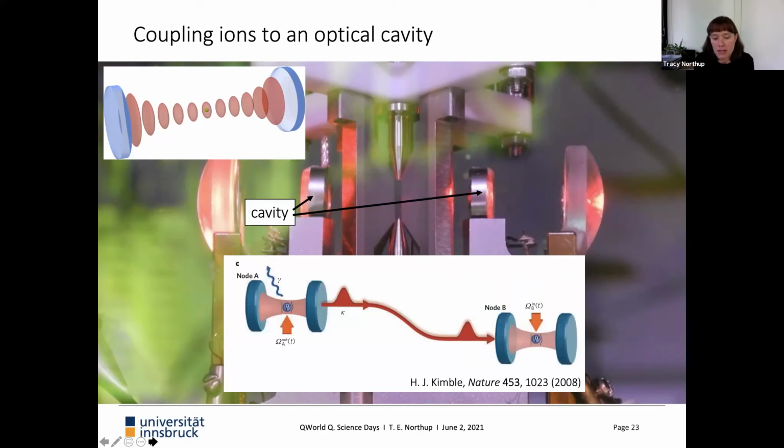This is a paper by Jeff Kimble about the quantum internet, outlining the idea of coupling together ions or atoms. In this paper, the focus was really on any two-level system, and how you could couple together such an emitter with an equivalent remote system, again by coupling it to a cavity field and then watching photons leak out of that field. That's what you see in this red temporal wave packet labeled kappa, which describes the decay of the cavity. That photon is then sent to a remote cavity system. So this is very much in the spirit of that paper.